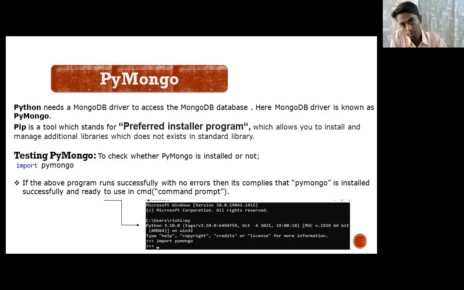Pip is a type of tool which is itself a software to install other software, and which allows you to install many additional libraries which do not exist in the standard library. Testing PyMongo to check whether Mongo is installed or not. So this is a type of